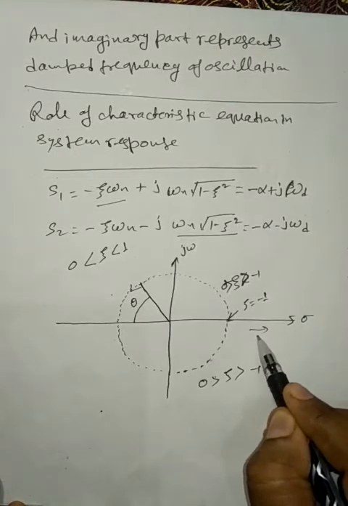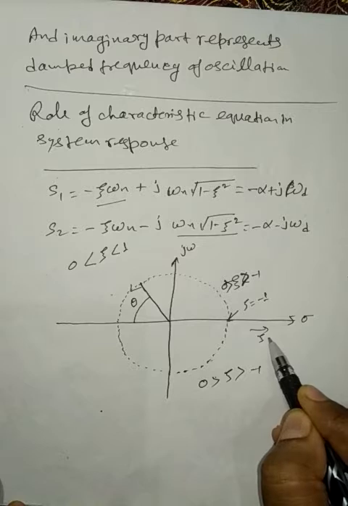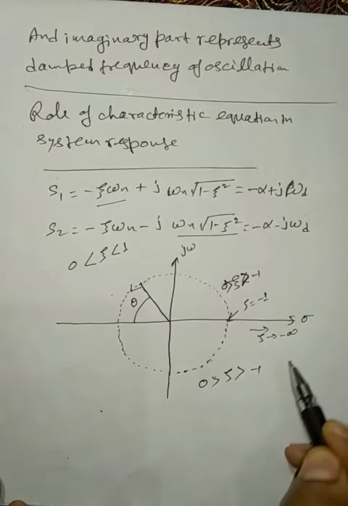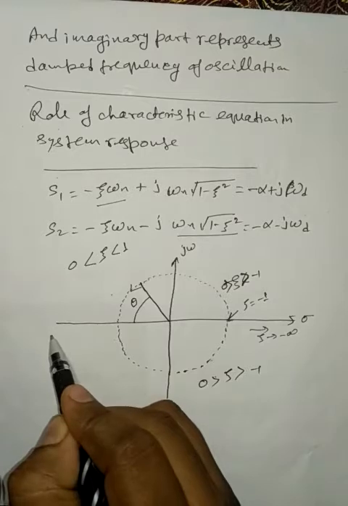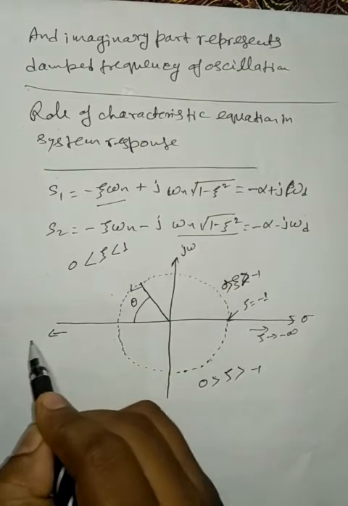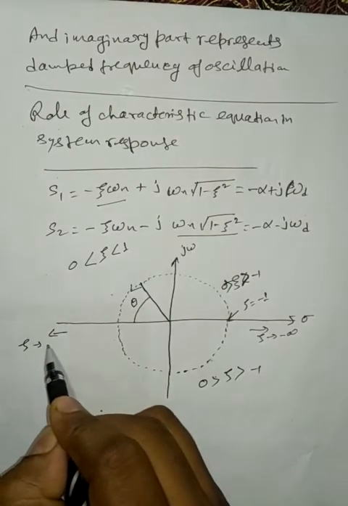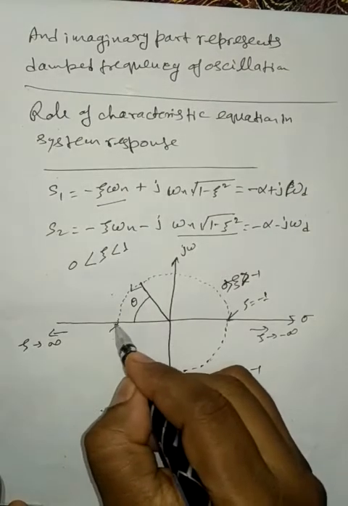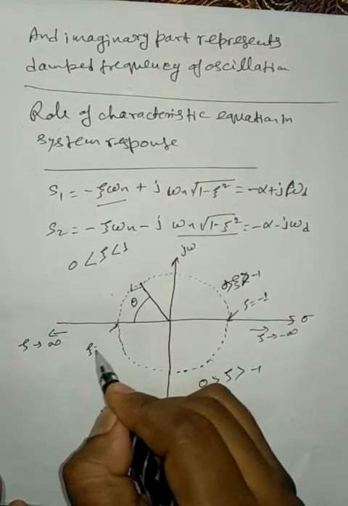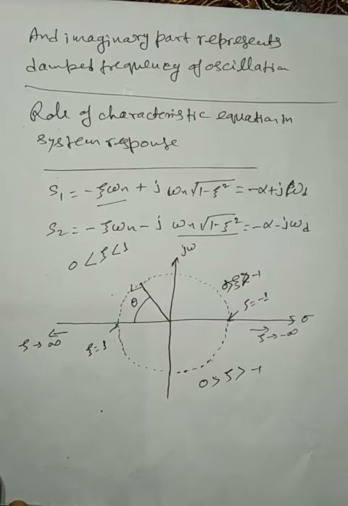Here zeta tends to -infinity. Here again zeta tends to infinity. This point is for zeta is equal to 1,